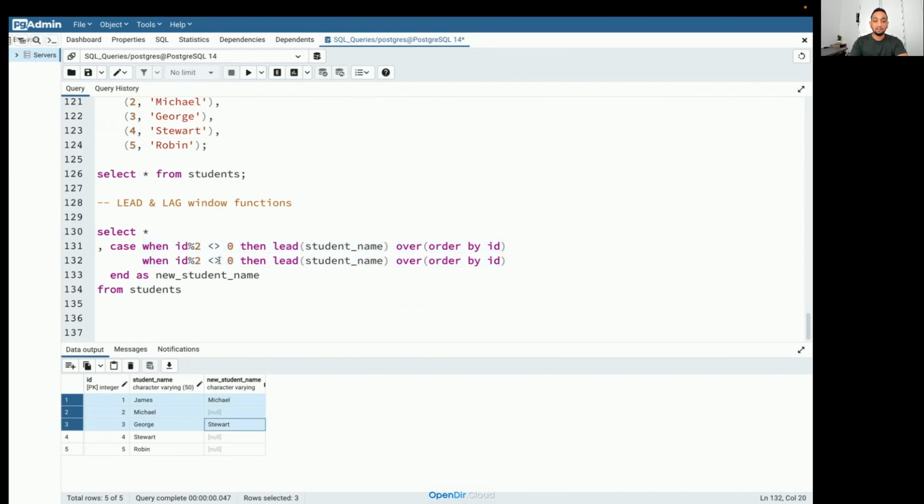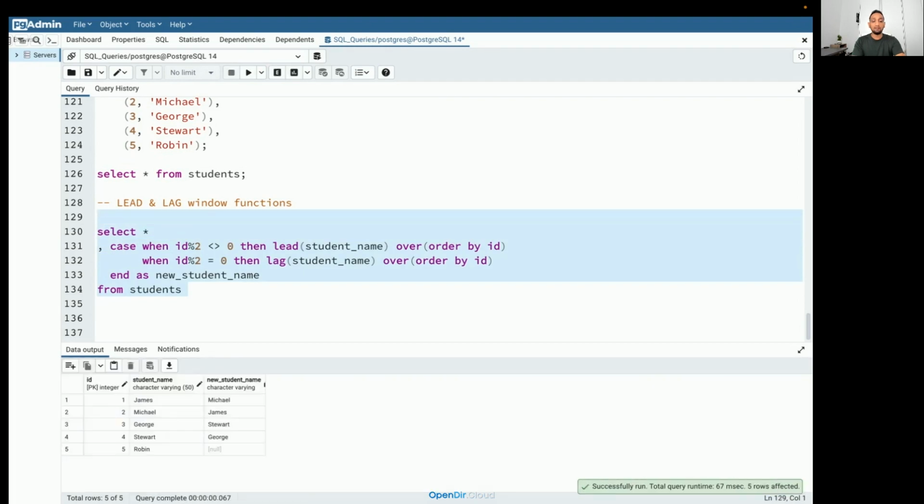And in this case, I'll tell when it is equal to 0, because if it is an even number, I can also put else here. I don't need to put when, okay, but I'll put the when condition. So when ID is an even number, that means previously I should have a record with an odd number ID, right? So I can just use a lag. That is a previous record. So it goes to the previous record and fetches a student name, okay? And then everything else can stay the same.